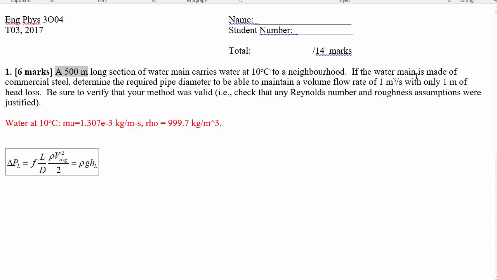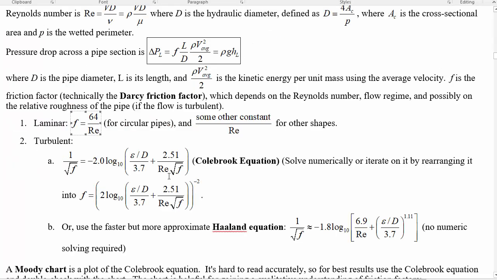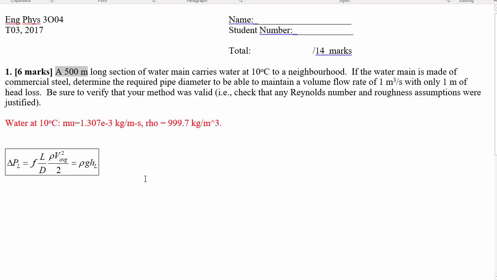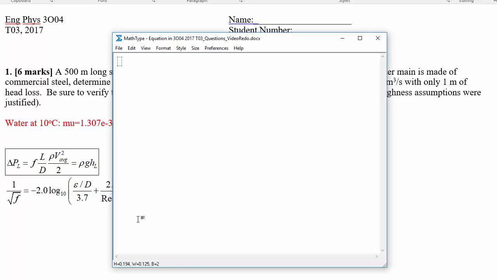This is going to require a large pipe. So we're going to initially guess that we have a turbulent flow and then use something like the Colebrook equation in order to deal with this problem. And then we'll come back and check whether or not the system was actually turbulent, whether or not the Reynolds number justified that. So the Reynolds number is rho V D over mu,